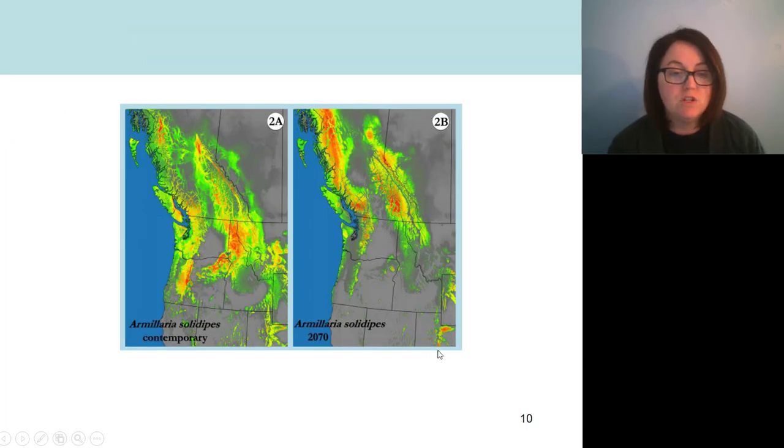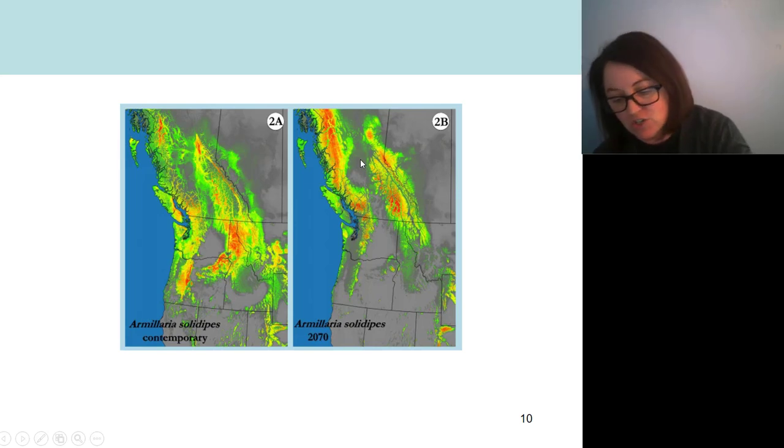Oh, and this is sort of interesting. So when I was doing some research on this humongous fungus, I came across some information about projections on the suitable climate for this fungus. So this is the area where this fungus currently inhabits. And this is where they think that the humongous fungus is going to be found in 2070, so 50 years from now. And so you see a significant shift northward, right? So we're moving out of Oregon and even out of Washington up way more into Canada. And why is that happening? If you said climate change, you would be correct.